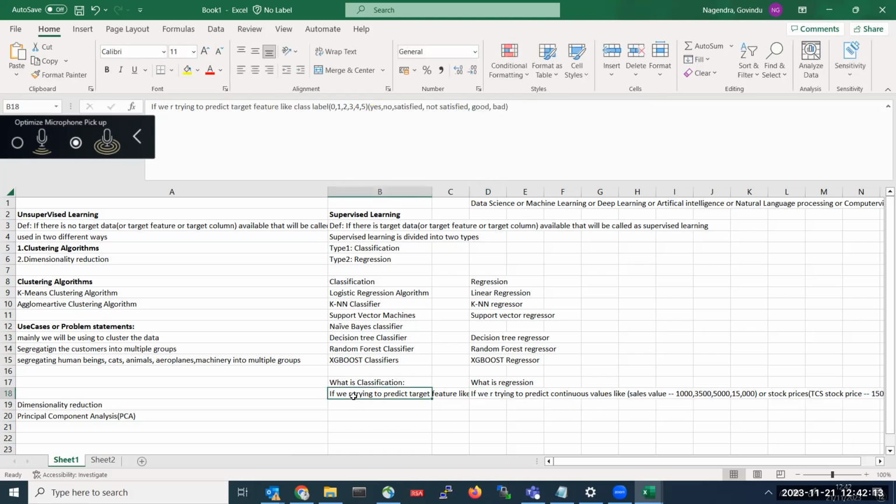So if you are predicting classes like class labels, it will be called classification. If we are trying to predict continuous values, this will be called regression.